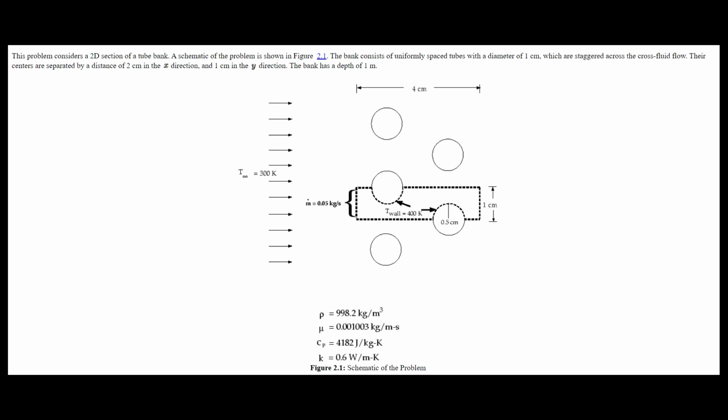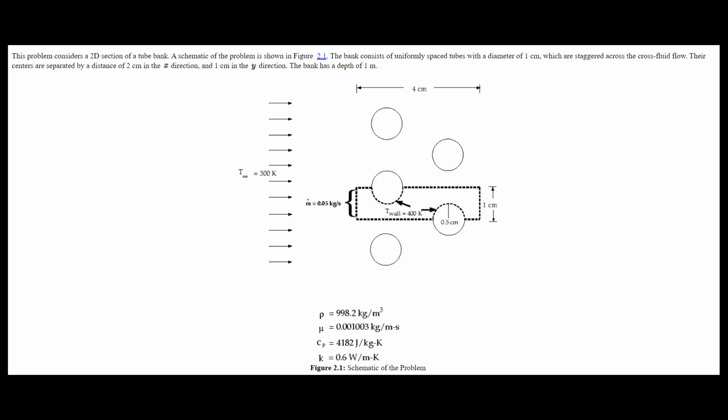shadow. This tutorial will demonstrate how to do the following: create a periodic zone, define a specified periodic mass flow rate, model periodic heat transfer with specified temperature boundary conditions, calculate a solution using the pressure-based solver, plot temperature profiles on specified isosurfaces. The problem is shown in the figure, which is described as: this problem considers a 2D section